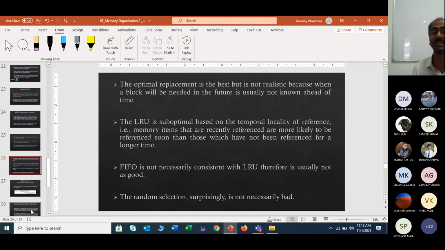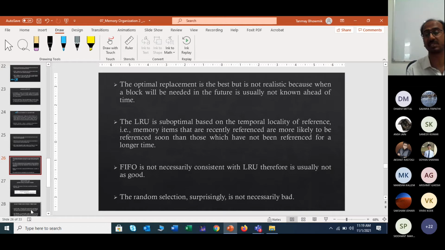That is what has been mentioned here: memory items that are recently referenced are more likely to be referenced soon than those which have not been referenced for a longer time. So LRU is suboptimal based on temporal locality of reference. FIFO is not necessarily consistent with LRU, therefore it is usually not as good.